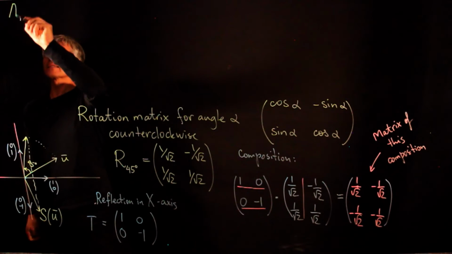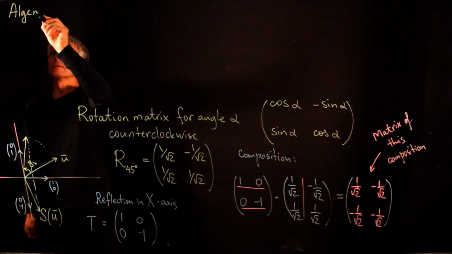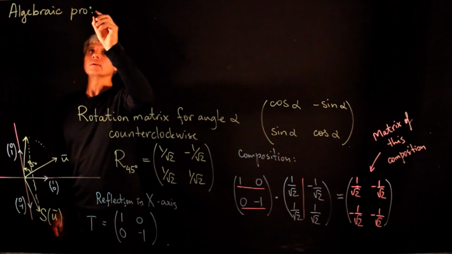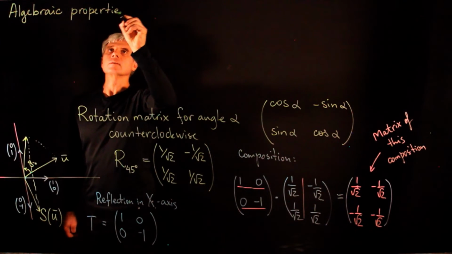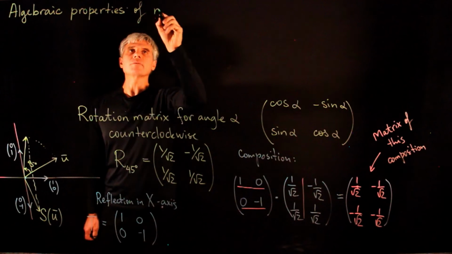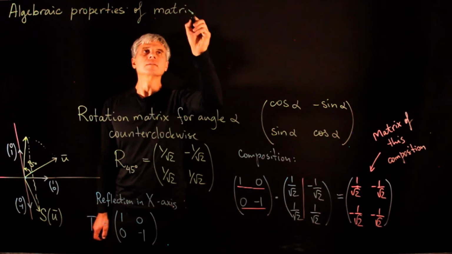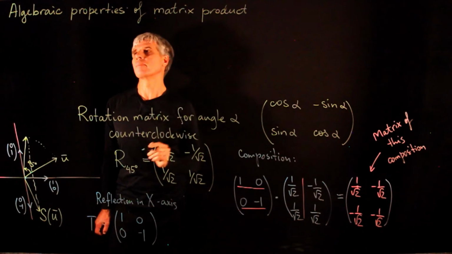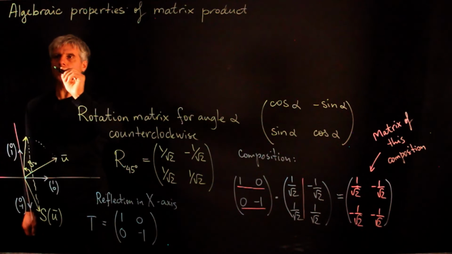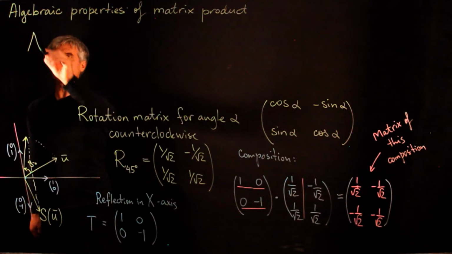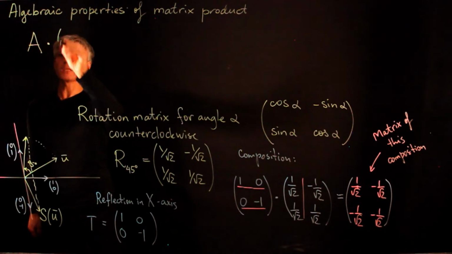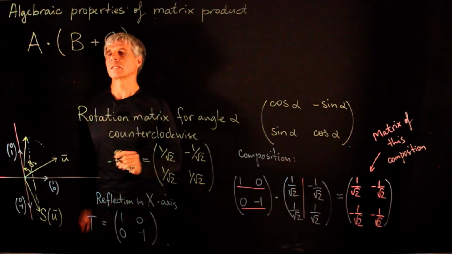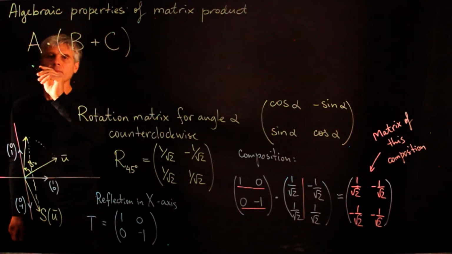Now, let us discuss algebraic properties of matrix product. So we have the following properties. So if we consider the product of matrix A with B plus C, right? Okay, so here,